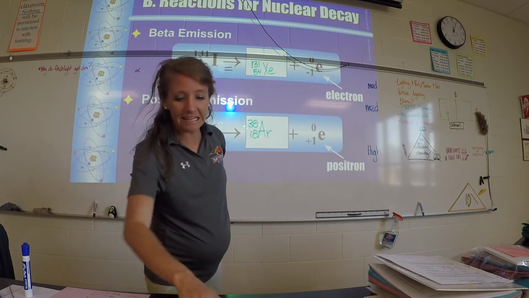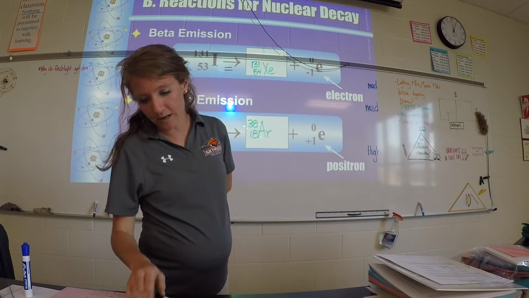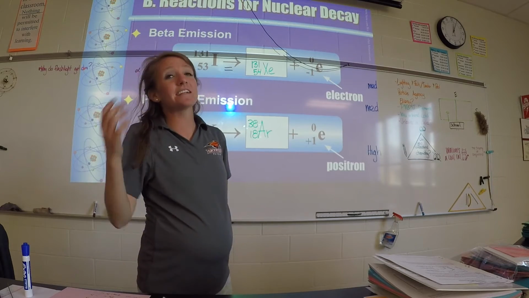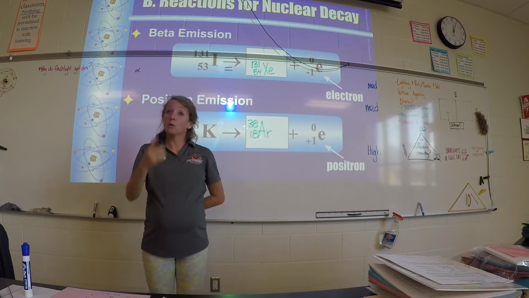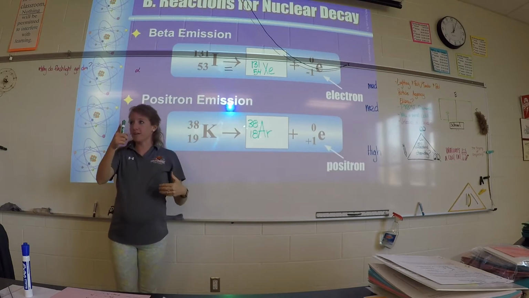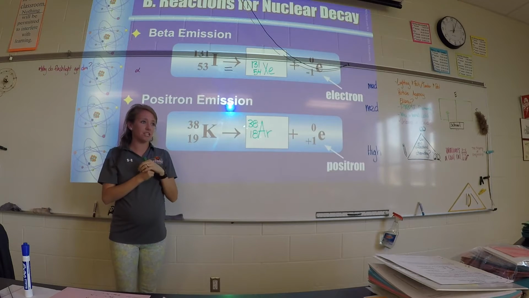Like, xenon on here is what? 131. But iodine is technically 126, right? But that's just because they're the average of them. Which shows you why this one is probably radioactive, because it's not close to the average. Okay. So, good observation, because always go by the proton number, because the mass is averaging.